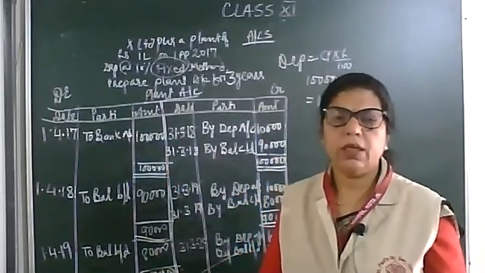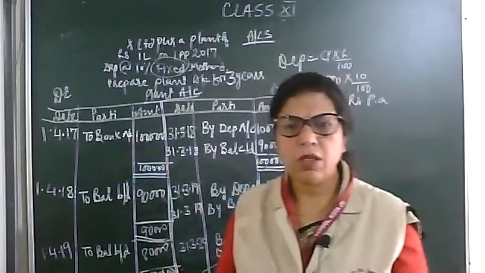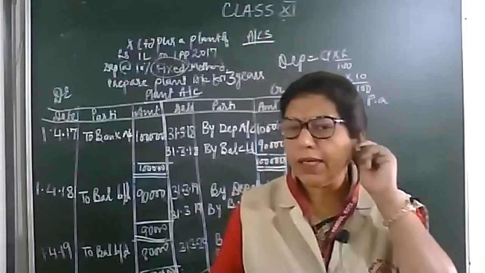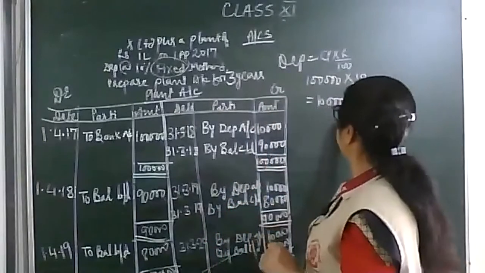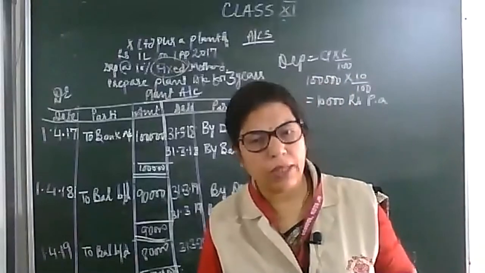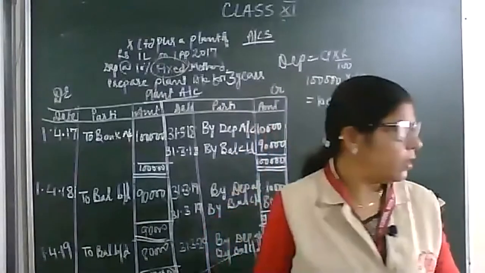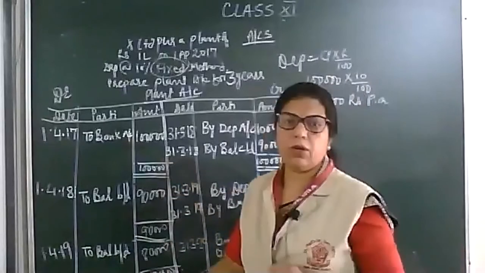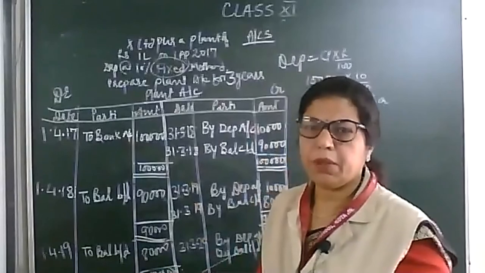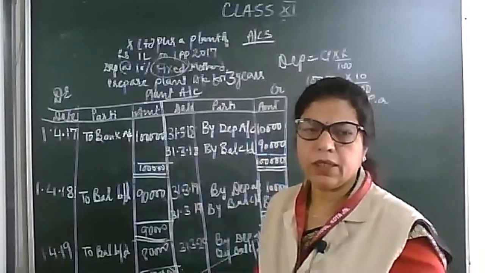Now children see, because this machine is used for the whole year, that's why we are using the word per annum. Per annum means for the year. And here you can see. Now I am going to explain you. Look at the board, please. Next, switch on the light.